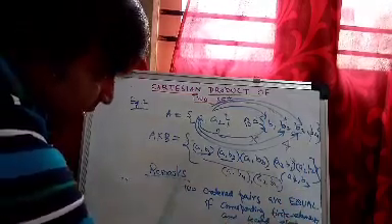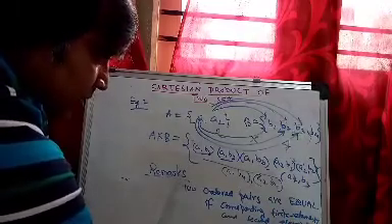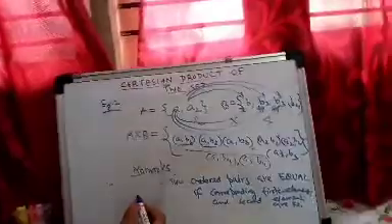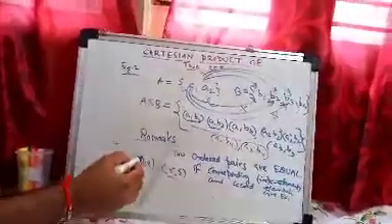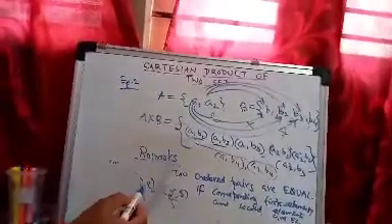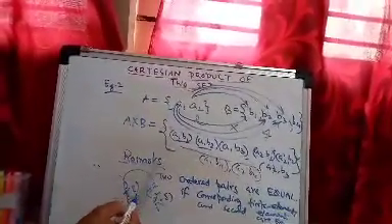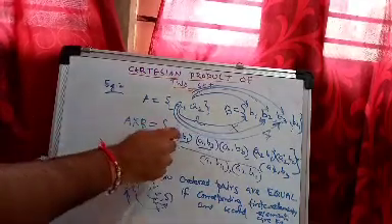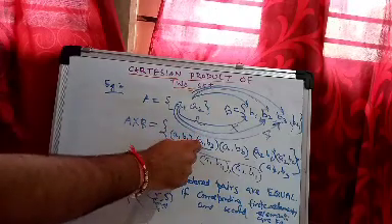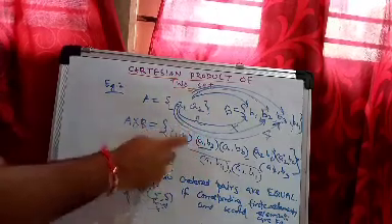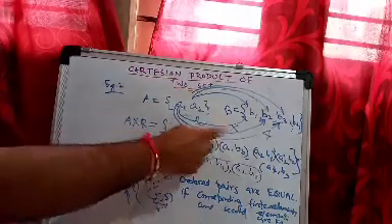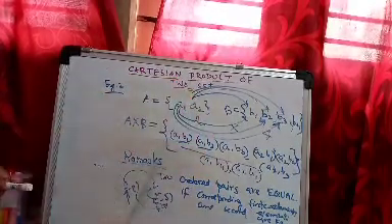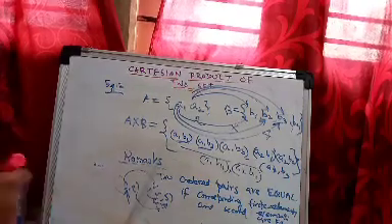Suppose one ordered pair is (P, Q) and the other ordered pair is (R, S). We call those two ordered pairs equal if P is equal to R and Q is equal to S. If both are equal, then we say the two ordered pairs are equal. So the first element of the first ordered pair is equal to the first element of the second ordered pair. Similarly, the second element of the first ordered pair is equal to the second element of the second ordered pair. If both are equal, then the ordered pairs are said to be equal. Okay, this is the first remark.